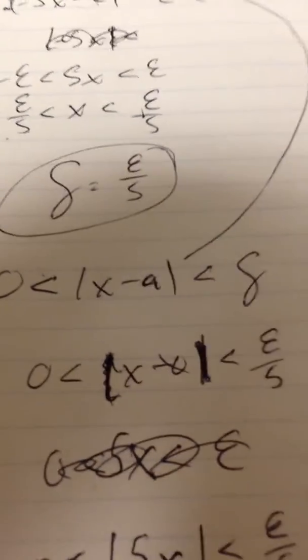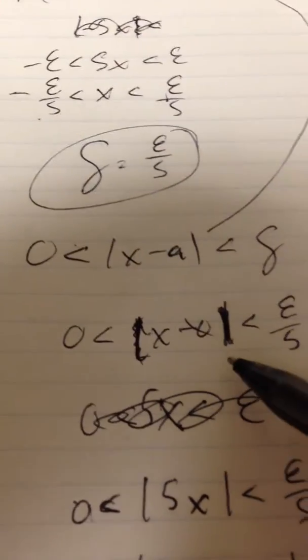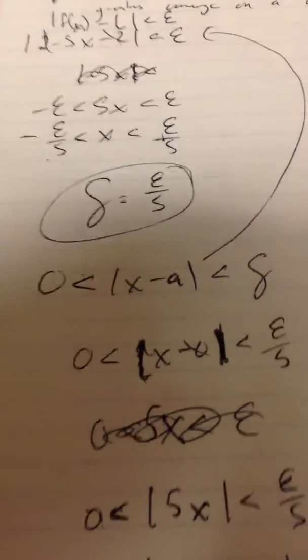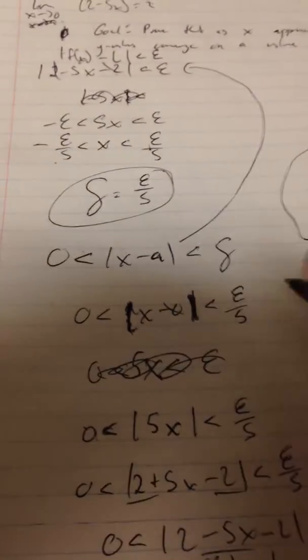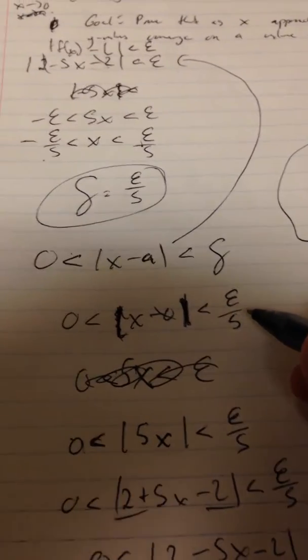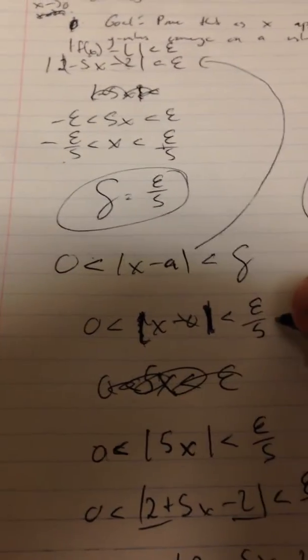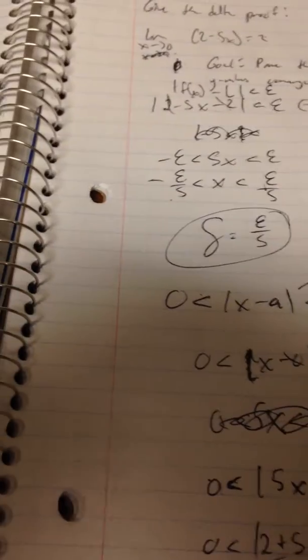So right here we just plug in that 0, and then we have delta, and we know that delta is epsilon over 5. Now we have it set up, and all I do is cross out that 0 because it really doesn't help anything. And then to get the epsilon by itself, I multiply by 5 on both sides, on all three sides I mean. So here by 5, and they cancel, and I get